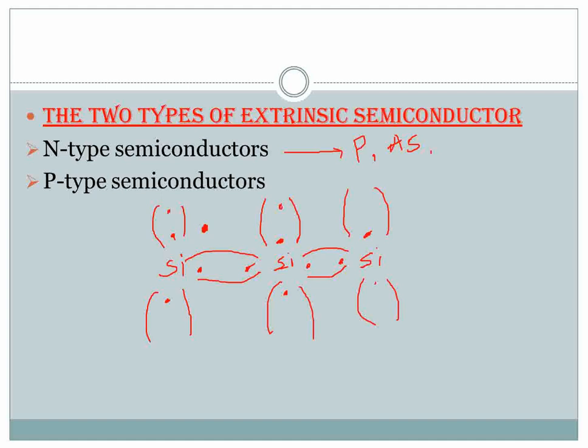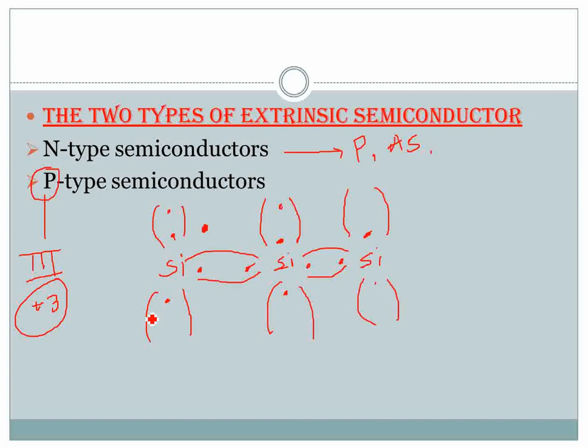Majority carriers. Holes are the minority charge carriers in the n-type semiconductor material. This is the story of p-type semiconductor, how they form and how free electron is created. If we consider p-type material, we are adding a third group element. Third group elements have 3 free electrons, whereas silicon has 4.